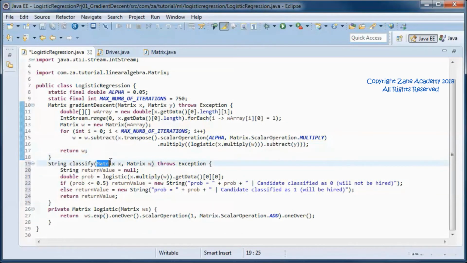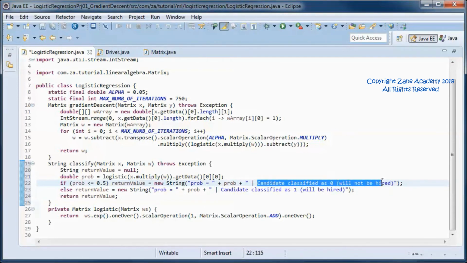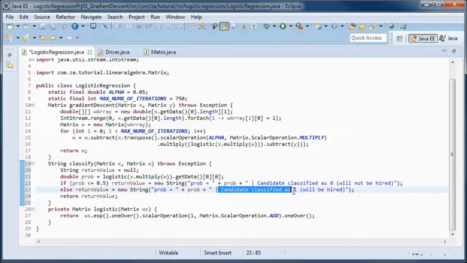So we pass it the candidate scores, this matrix containing them, and the weights in this other matrix, and we apply the sigmoid function and get the probability, and if it is smaller than or equal to 0.5, then we predict that the candidate will not be hired, and otherwise we predict that the candidate will be hired.